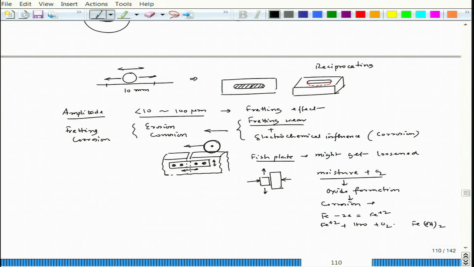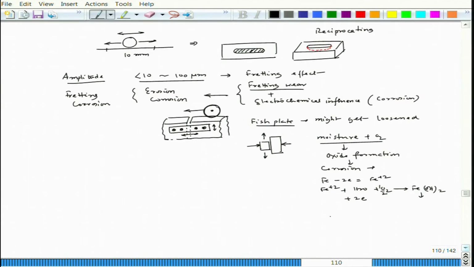I am not balancing it, you can do the balance part. So, we can definitely do the balance part. For example, here if we put half here, and of course, because of 2 electrons, that means you add 2 electrons here. So, this is an electrochemical process, and you get Fe(OH)2. So, this Fe(OH)2 can convert to Fe(OH)2 plus H2O plus O2, it can again convert to Fe(OH)3.